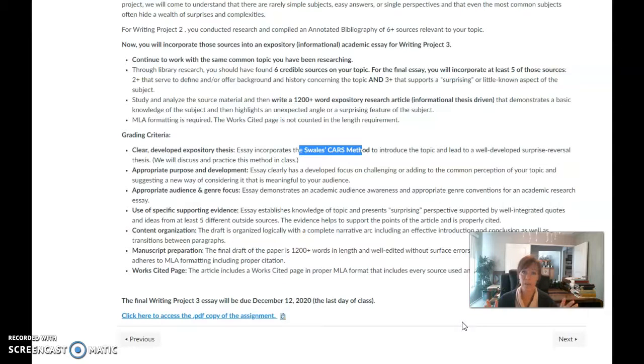Again, like always, I'm going to be on Zoom Wednesday afternoon for anyone who wants to talk about their draft or the assignment. I can also Zoom any other time as well. You just let me know, okay?